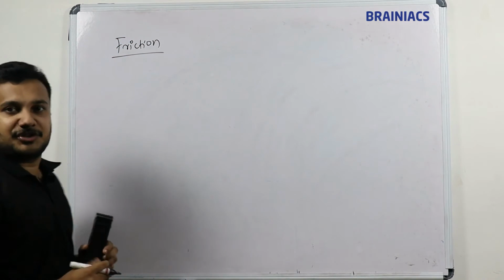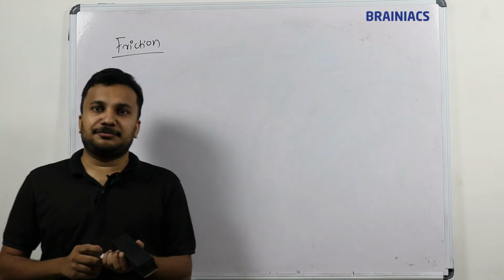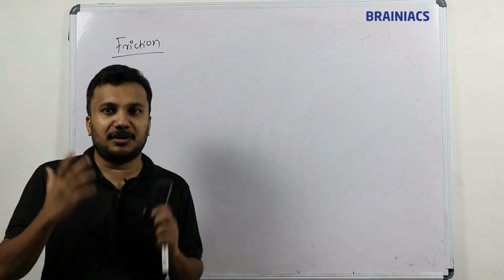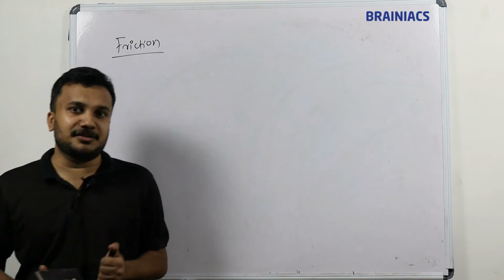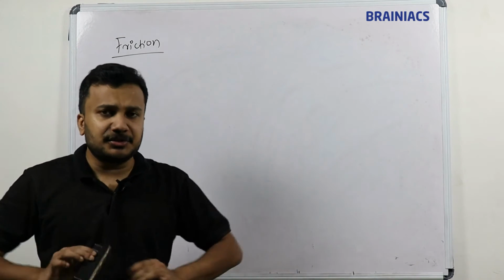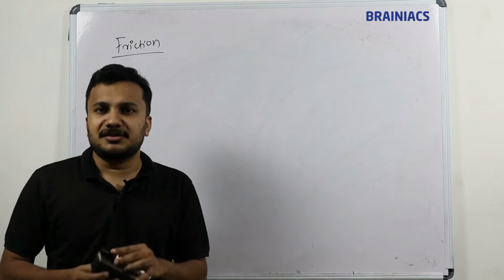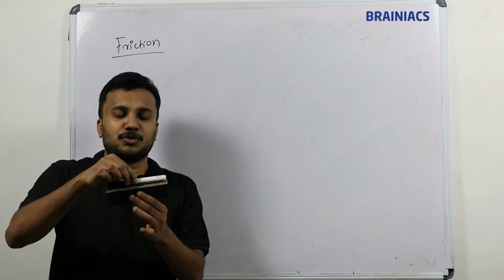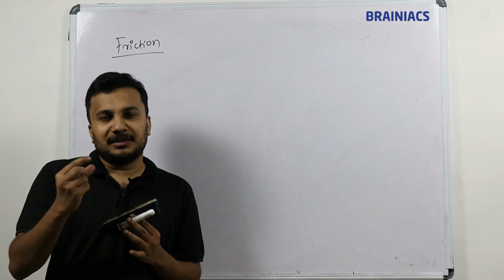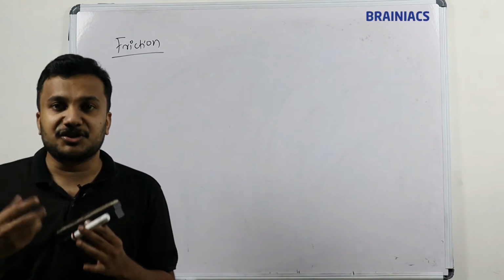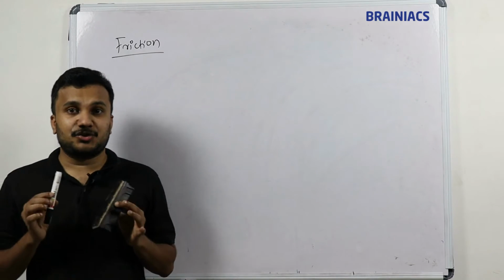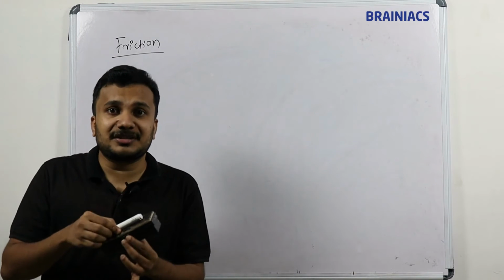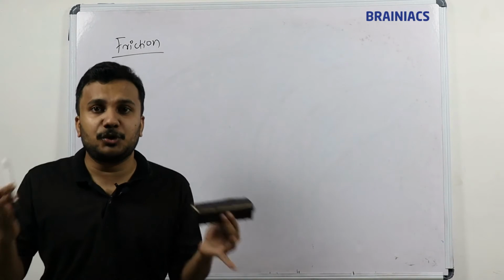What is called friction? Of course, you have learned these terms from your school standards, like 8th, 9th and so on. Okay, so friction means, only understand the concept. When there is relative motion between two bodies, frictional force exists. Friction is a term which opposes the relative motion between two bodies.